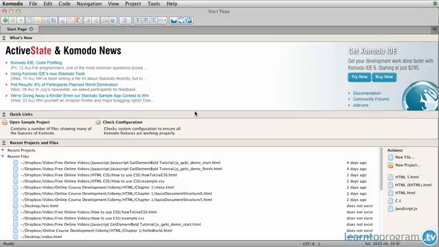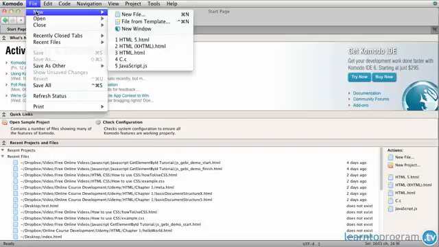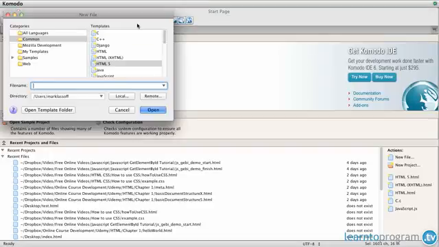Now, I've already pulled up my Komodo text editor, and what I want to do is start a brand new HTML document. So I'm going to click File, New, and you'll notice there's an option here called New from Template. The New from Template option will provide the basic document structure for me. We're going to do an XHTML basic document structure, so I'm going to choose there. Then I just need to choose the file name and the location. So I'm going to call this basic